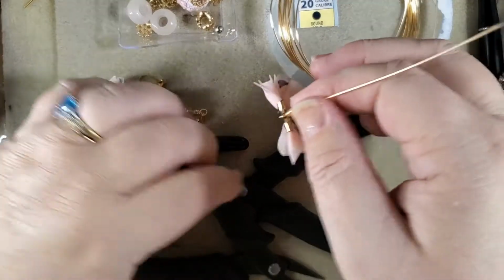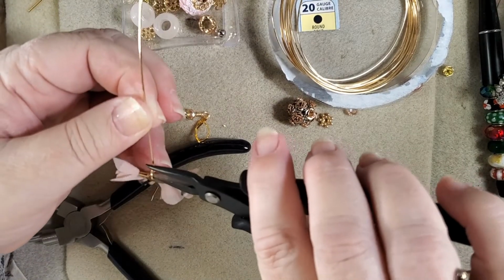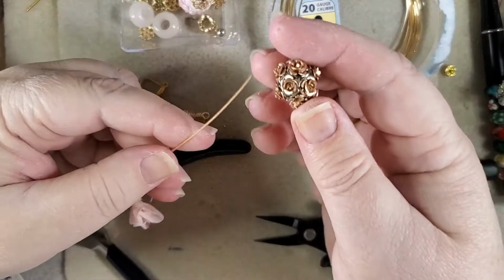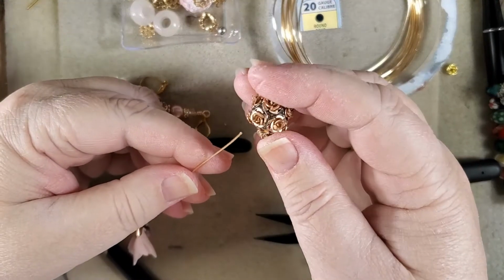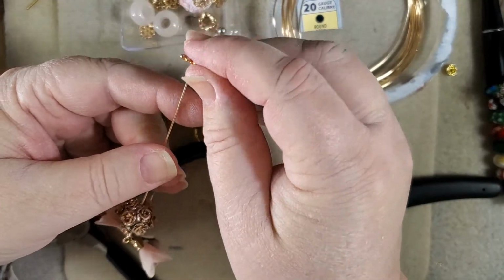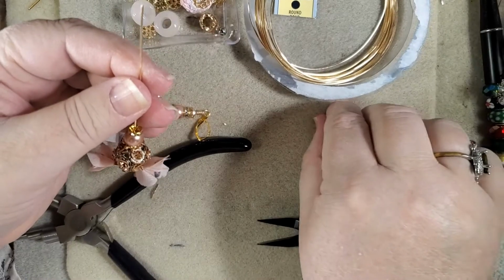Now that we have this all done, let's check and see how straight it is here to the, oh, that's really nice. Let's see if we need to pull this down any. No harm in just a touch. That looks good. So now this is one time we want this straight, because we want this to go through this bead and find the opposite side as easily as possible. There we go. That looks pretty good. Yep. Our spacer, pearl, crystal spacer, and our little